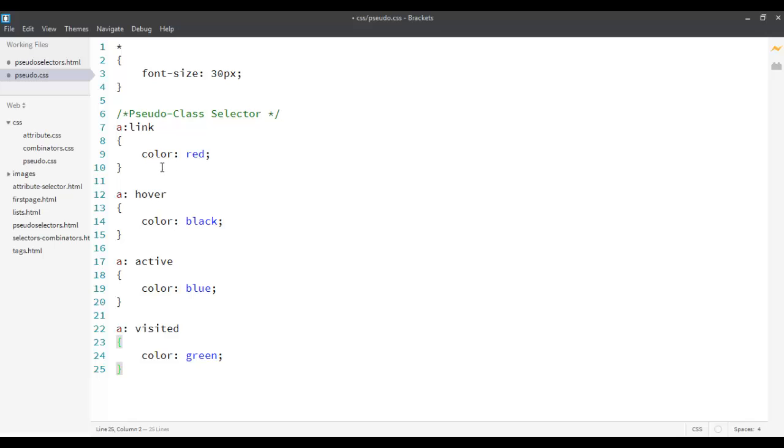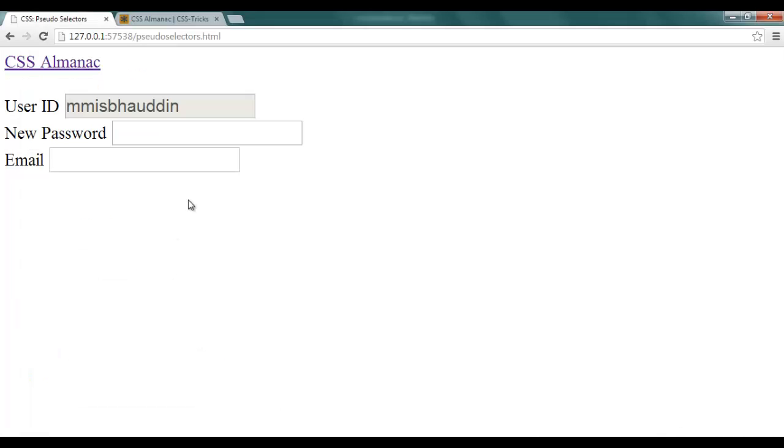I changed the link state, which was initially blue, to red. The hover state was again not defined, so I'm changing it to black now. Active was initially red, I'm changing it to blue, and visited was initially purple, and now I'm changing it to green. Okay, now when we go back, you see that,